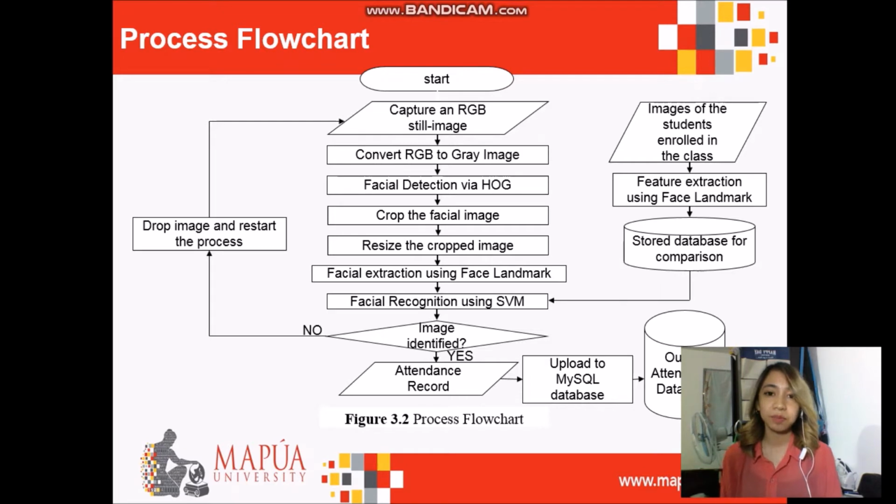At the same time, images of the students enrolled in the class are trained beforehand. Therefore, feature extraction using face landmark was already done beforehand and it will be stored in the database for comparison. If the image is identified, it will record the attendance. If not, it will drop the image and restart the process. And after the recording of the attendance, it will be uploaded to the MySQL database and it will output the